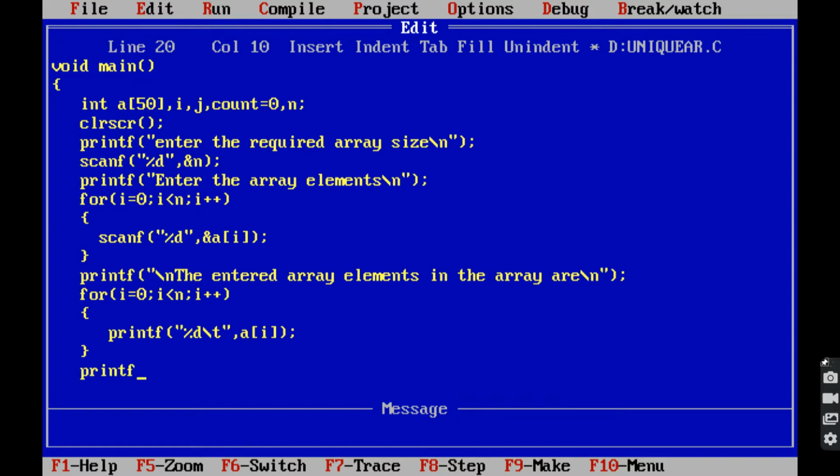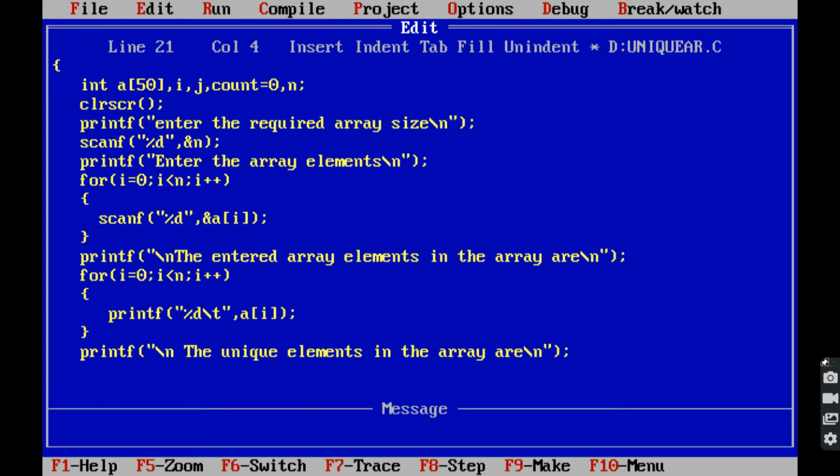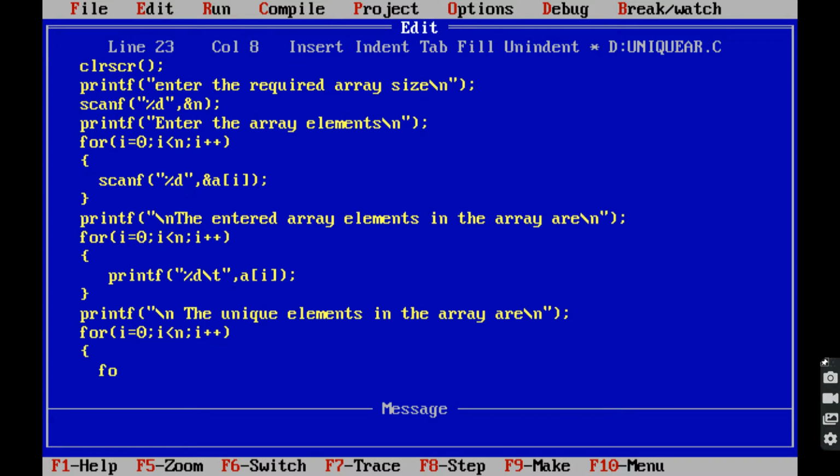So printf("the unique elements in the array are"). for (i = 0; i < n; i++) for (j = 0; j < n; j++)